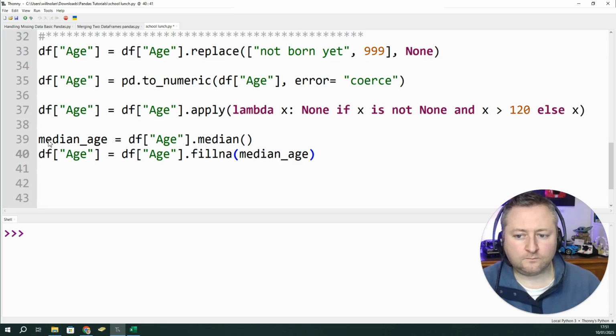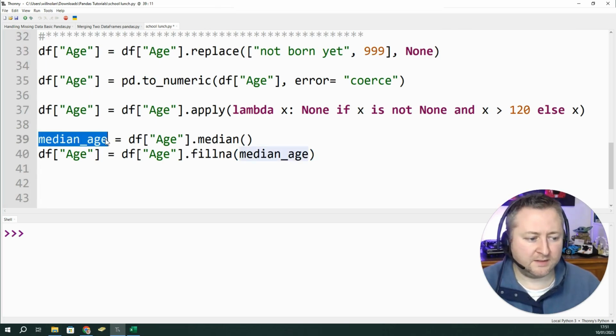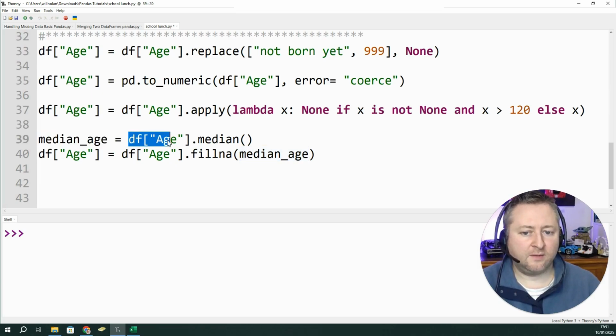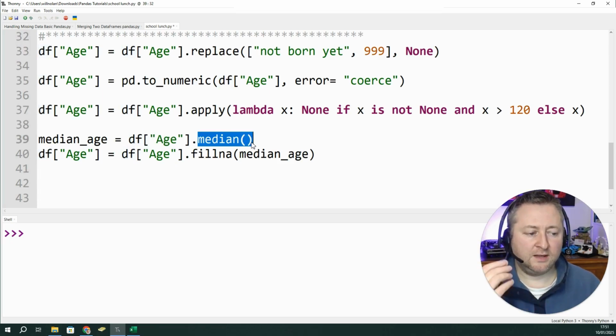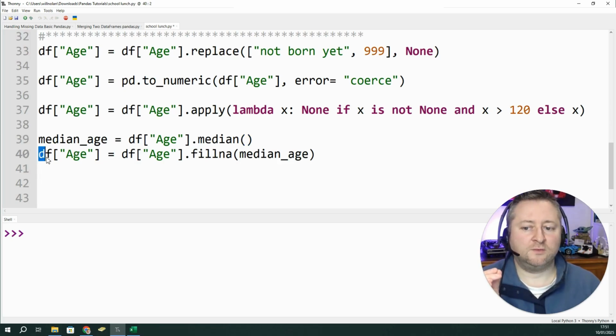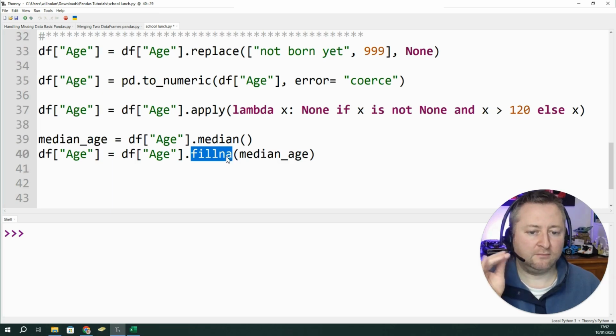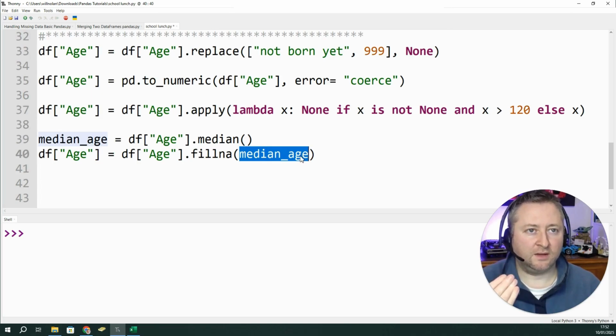So if we look at this, what we're doing is calculating the median age of the data frame element of age, so the column that has the age. We want to work out what the median of that value is, so we're using the .median command to do that. It's a built-in command inside Python, so we don't have to go the long way about doing it. And then for the age column, if you have something that has nothing in it, so fillna, non-applicable things, we want to put in the median age instead of something that